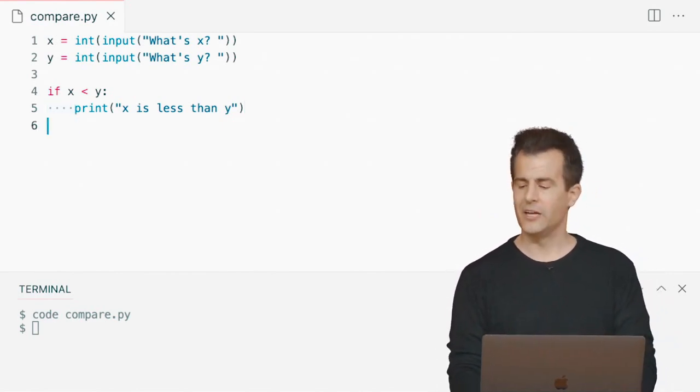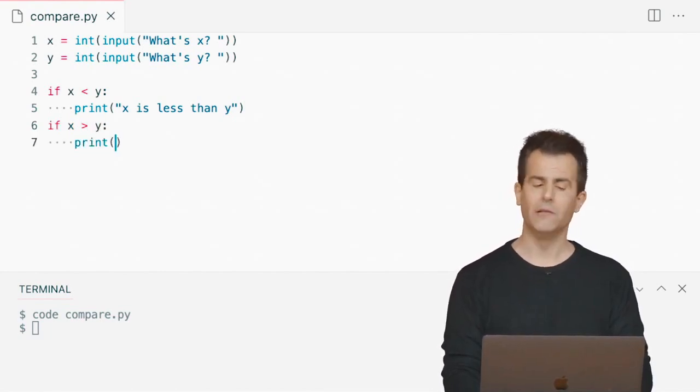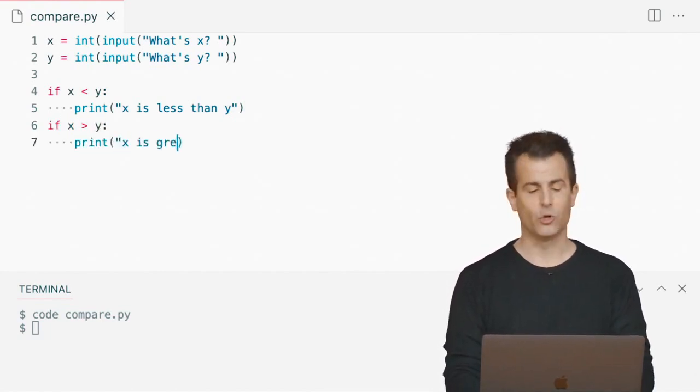Well, let's add a few more lines of code. How about another question? If x is greater than y, then let's go ahead and print that. X is greater than